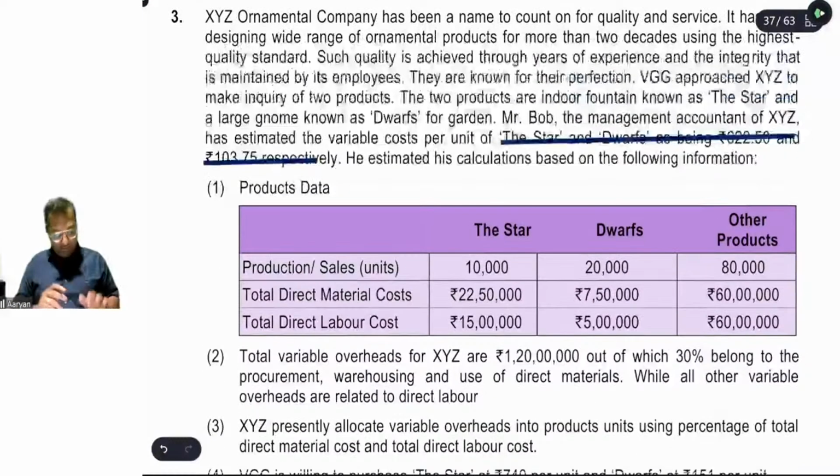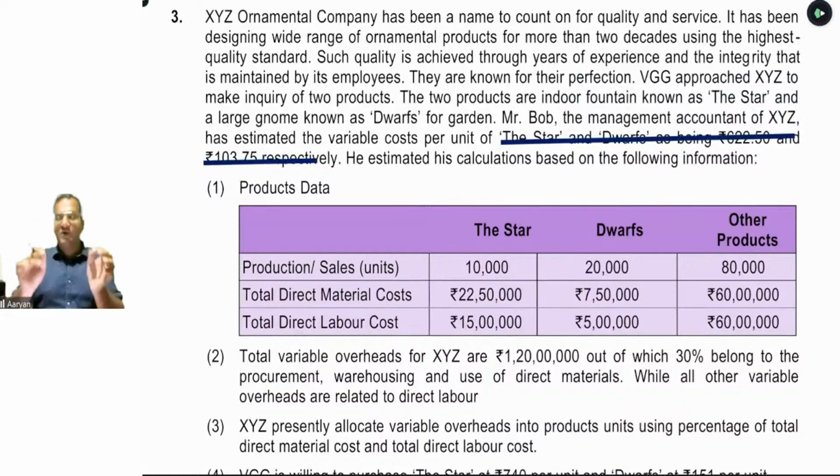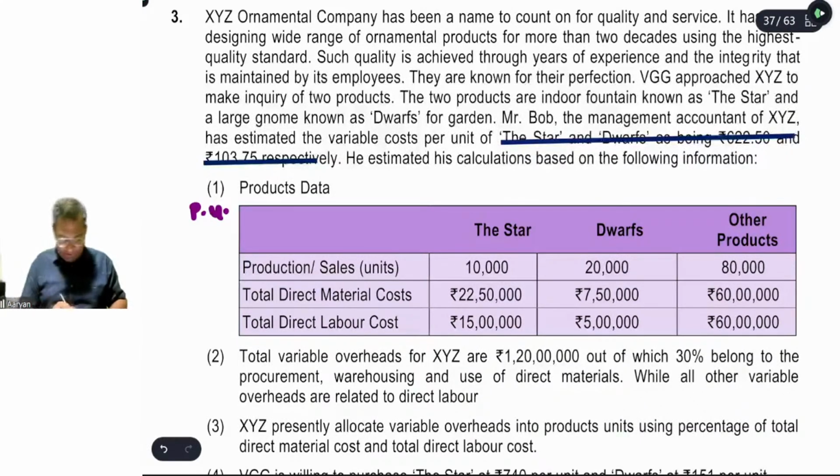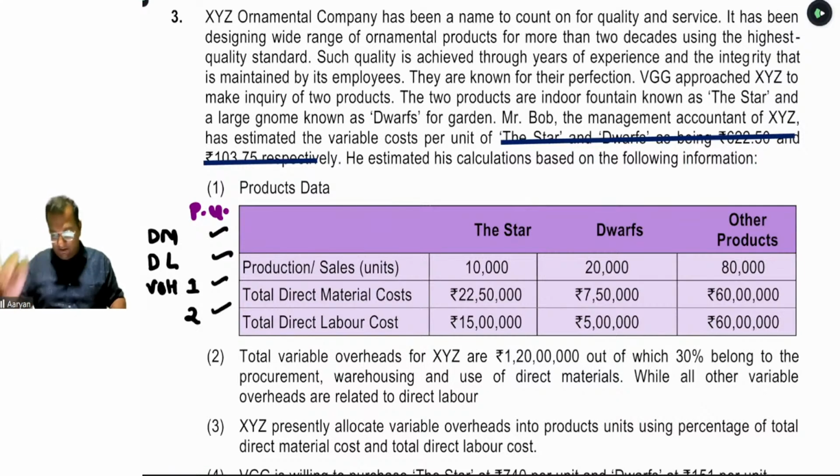So do your calculation and tell me what is the per unit cost of material, labor, and both types of variable overhead. Just tell me for one product. If you correctly calculate the variable cost components for product 1, then your logic is 100% correct. You can easily calculate the other one. I want you to tell me these components per unit: the direct material per unit, direct labor per unit, variable overhead number 1 and variable overhead number 2. Tell me each per unit amount, all in one line. I am giving you the time.